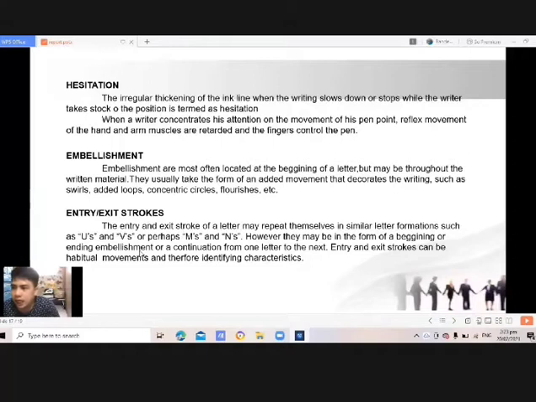Yung makapal na linya. Kapag yung sasabi po dito sa hesitation ito, ang hesitation, yun po yung pag mabagal ang pagsusulat mo, posible na pagkapal ng linya nun. Yung sasabi na makapal na linya kapag ang pagsulat ay mabagal o tumitigil habang ang manunulat ay tumatagal, ang posisyon ay tinatawag na hesitation. Yun nga, hesitation yung pagbagal nung